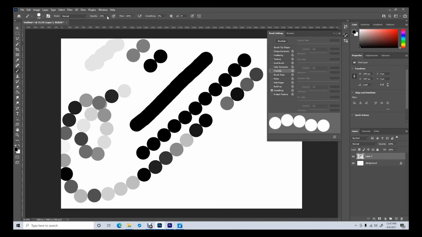Now, in opacity, I'm just going to go to 50% so you can see. When I draw and I don't pick up the pen all the time, I'm going to get that gray. I'm carrying on just drawing and drawing. But flow is not actually the same thing. I'm just going to put my opacity back to 100. Flow, if I go down to say 10%,